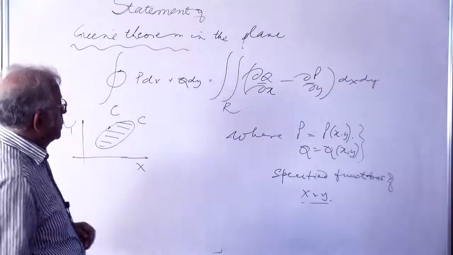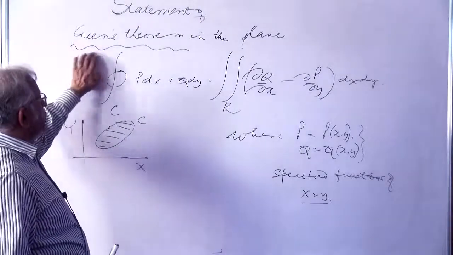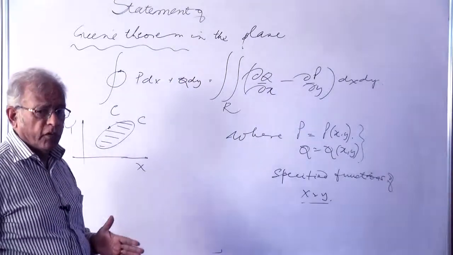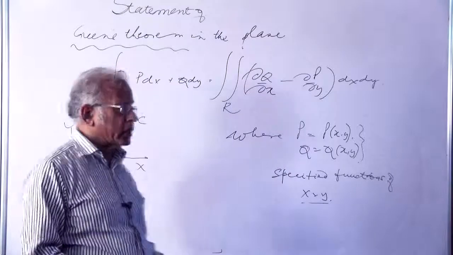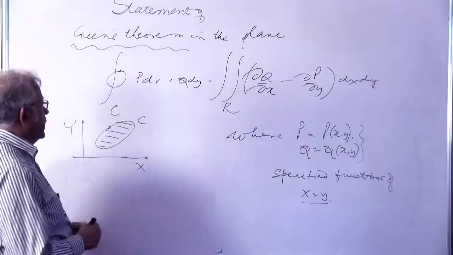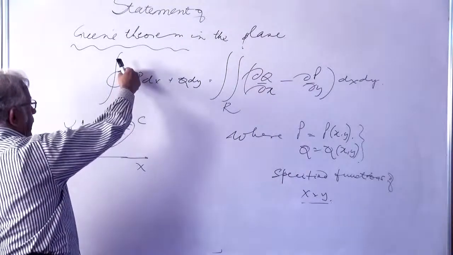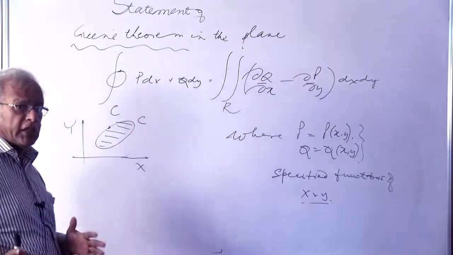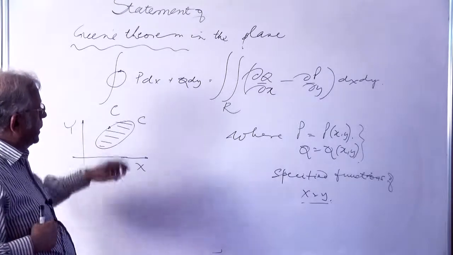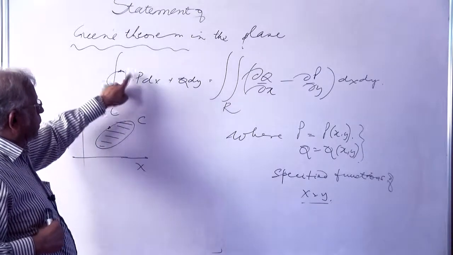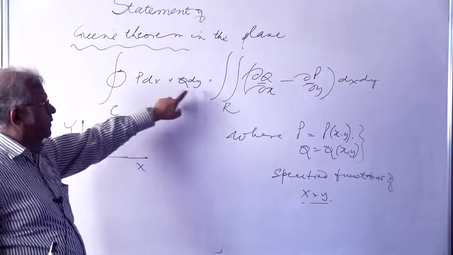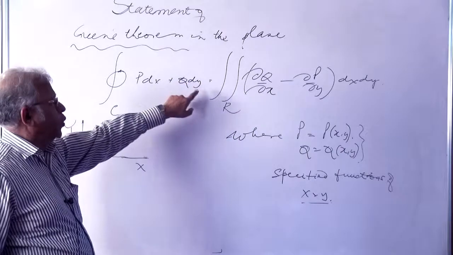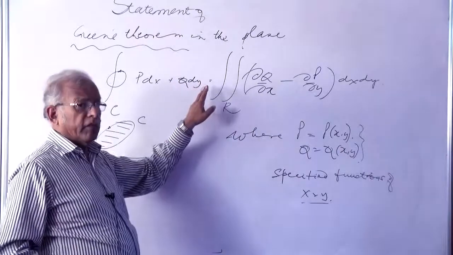Well, we now see Green's theorem in the plane, and we will give a statement without proof. It is very easy to remember the theorem. It states that if we take a closed contour that is going to be called C, and that will be specified in the Cartesian plane, and take the contour integral for this combination of functions P with respect to x and Q with respect to y, that can be converted to